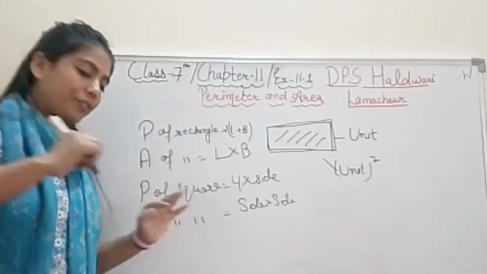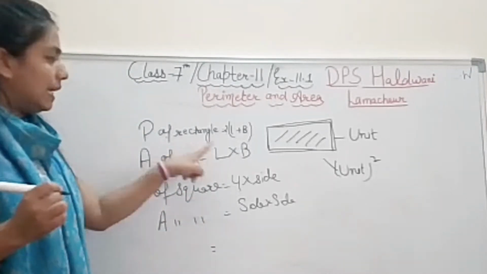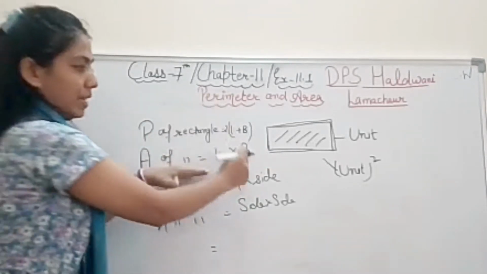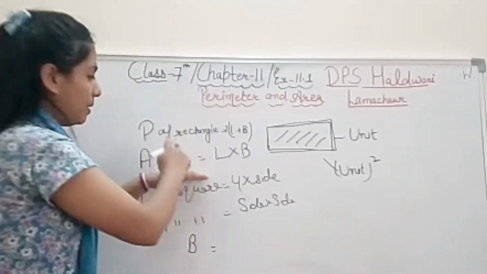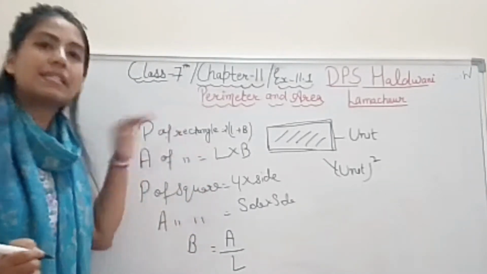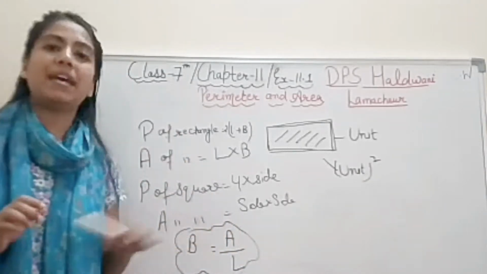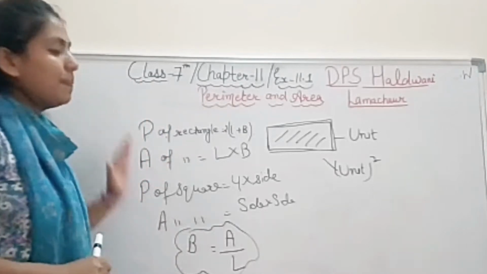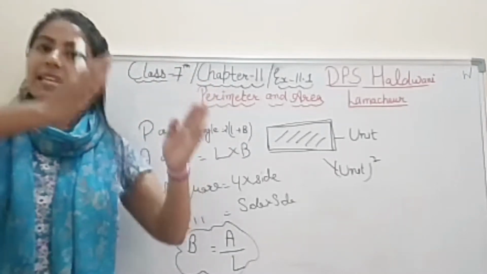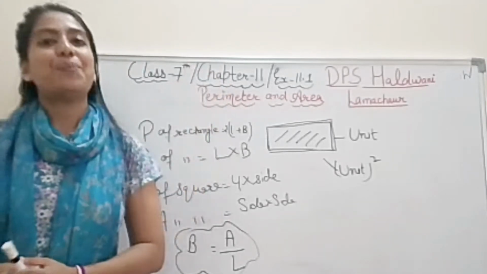Now students, if you know the area and the length of a rectangle but you don't know the breadth, the formula remains the same, so the breadth will be area upon length. These types of formulas arise from the basic formulas only, so you have to know the basic formulas of area and perimeter. Only these basic questions we have in this exercise. So you have to write all the formulas on your front page before starting the exercise questions. Okay, students? So let's quickly start our exercise 11.1.